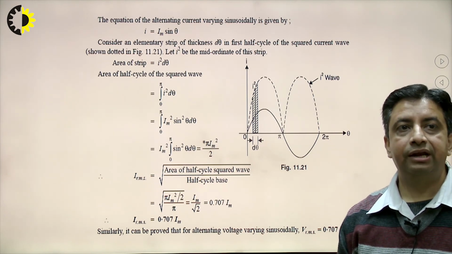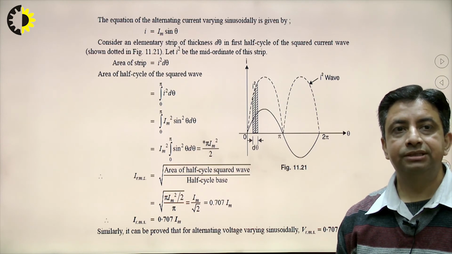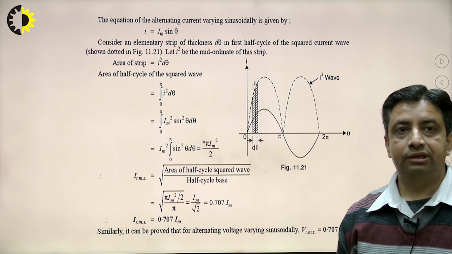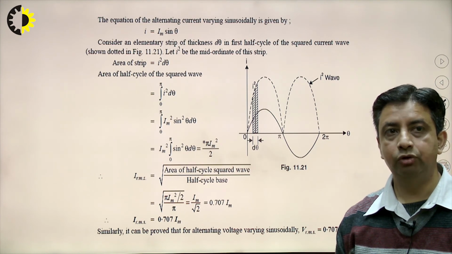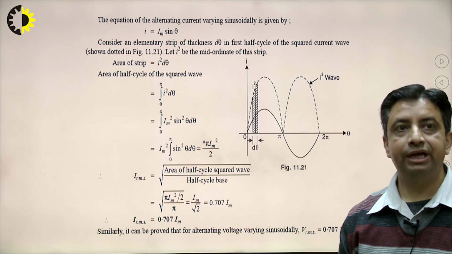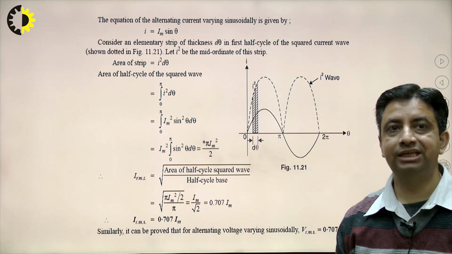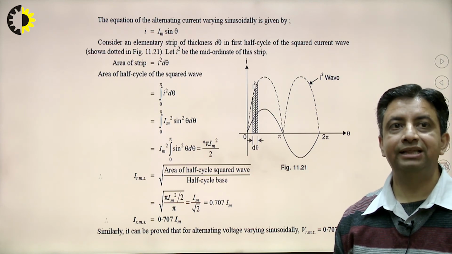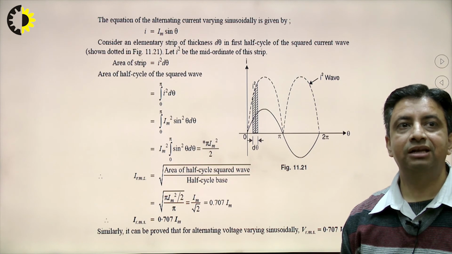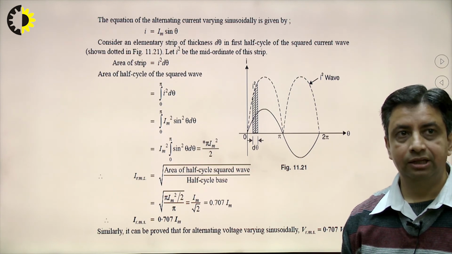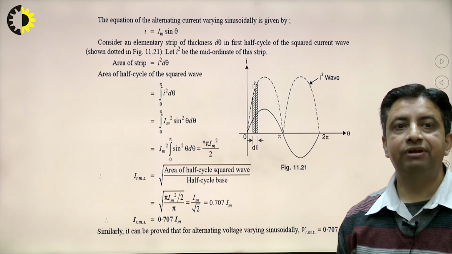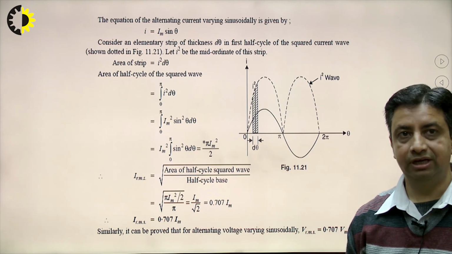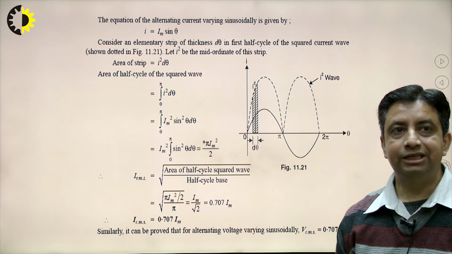So here again RMS means root mean square, that means the square root of the mean of the squared value of ordinates. So here first we have to square these ordinates. The ordinate in this case is current, so I will square this particular current. You can see here, if I square this current waveform, it will look like as shown in this figure. So it will become I square.